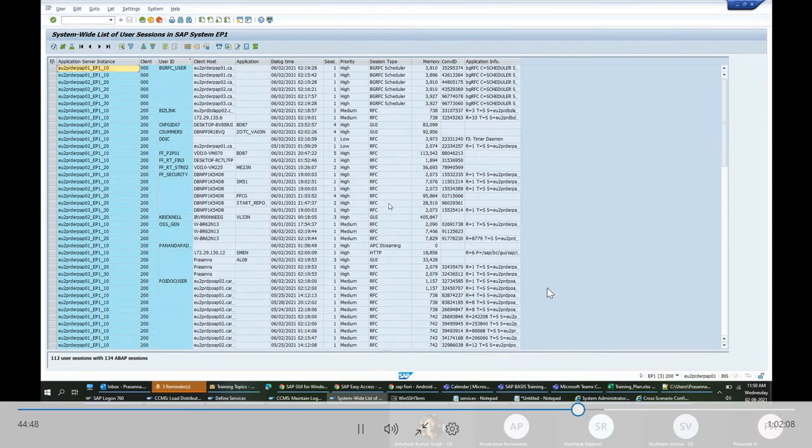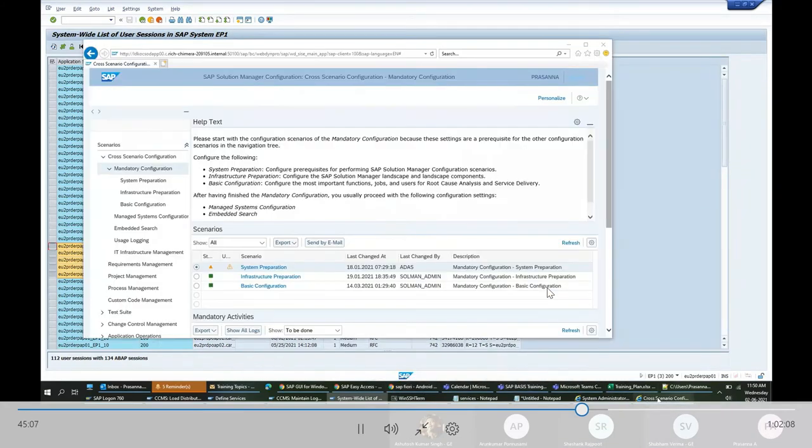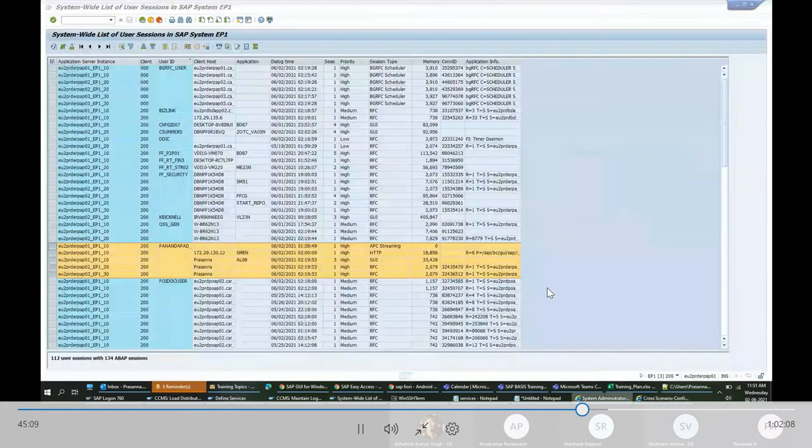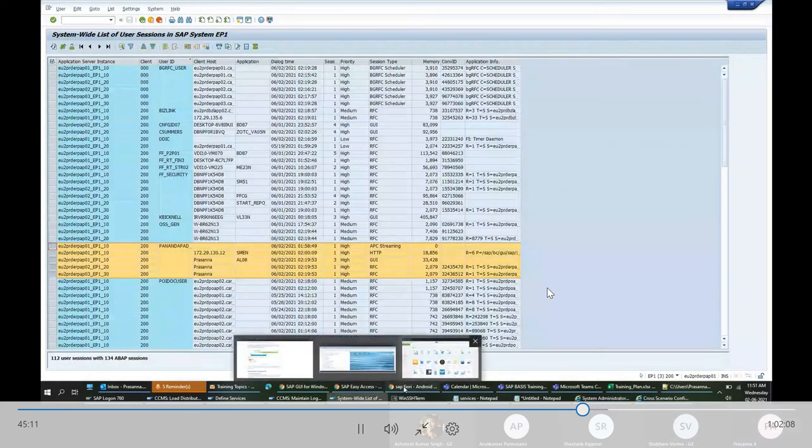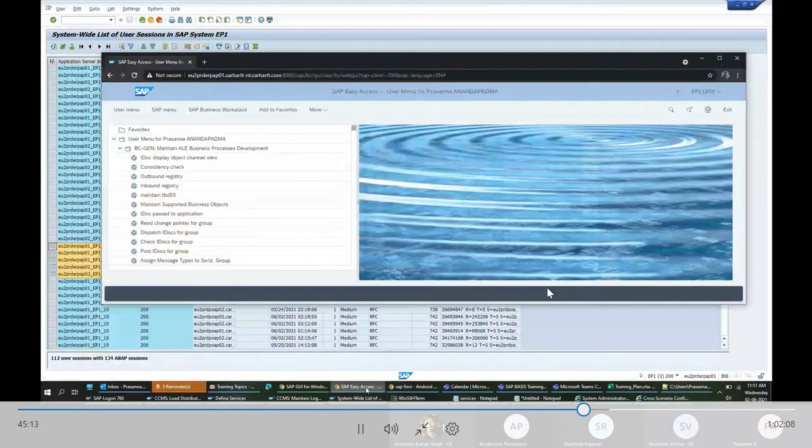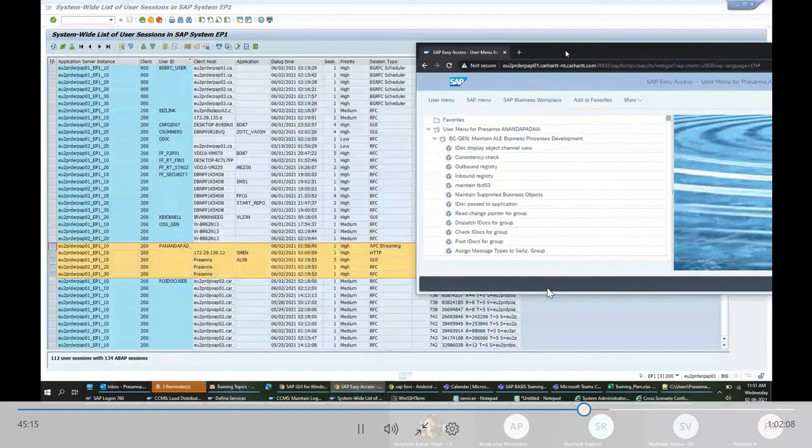I am logged in using AL08 with SAP GUI. Above this there is something called HTTP, because I opened an HTTP session using WebGUI. Yes, this one I opened. So that is the HTTP session here.